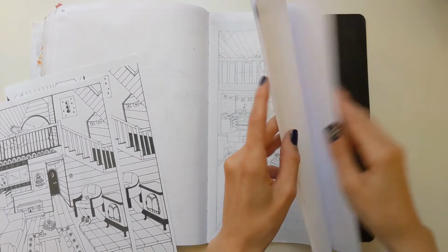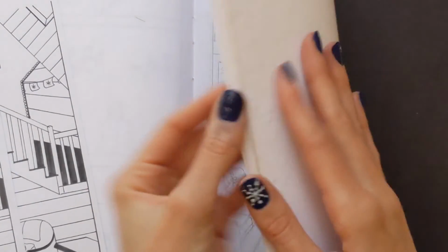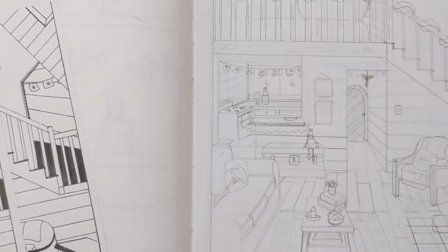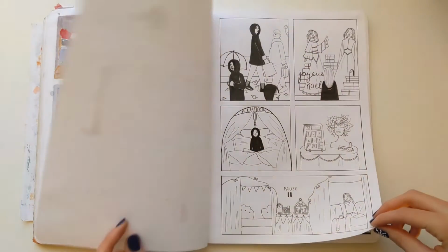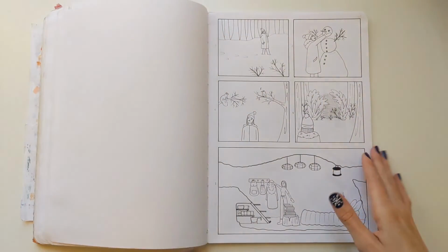Look at this. This is how many pages we have left. Oh my God. Look how dirty this page is too. This book has been through it this year. I'm actually really excited about these pages. I like going through the phase of sketching a few pages, then I ink them, and then I take like a week to just color them. That being said, I am